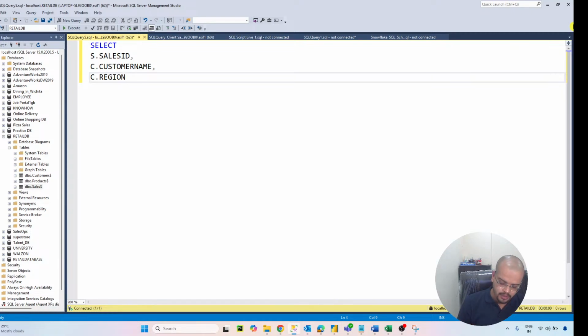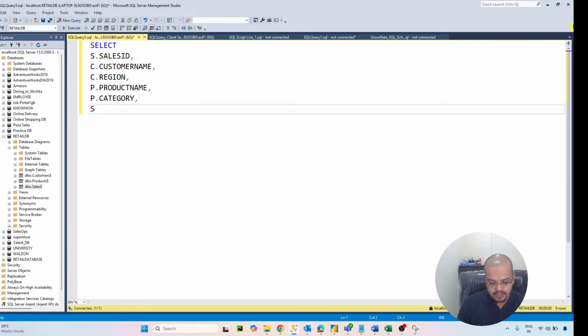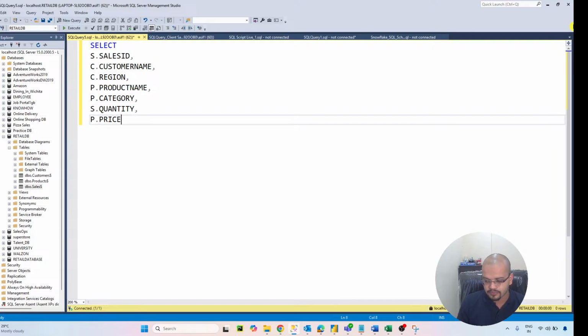So C is indicating the customers table, comma P dot product name, comma P dot category, comma S dot quantity, comma P dot price, comma